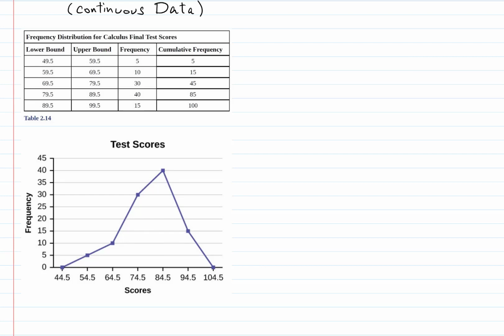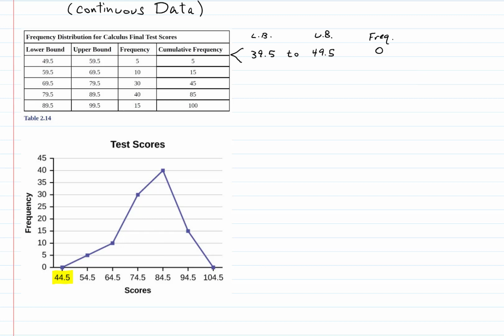So since our first interval was 49.5 to 59.5, we make sort of an imaginary interval right here that goes 39.5 to 49.5. Okay, that's the lower bound, upper bound, and there's not actually any data points in there, is there? So that means the frequency is 0. And the midpoint of that interval is